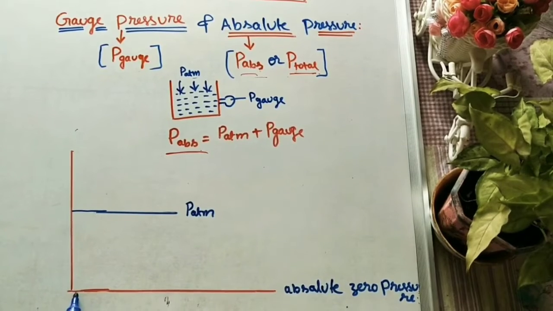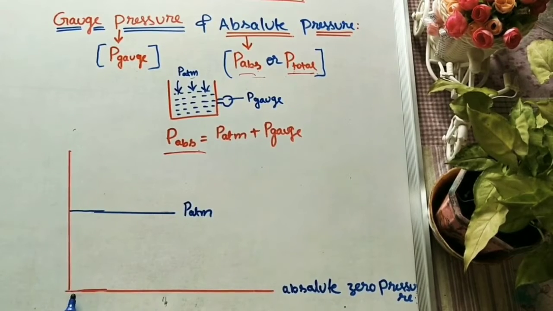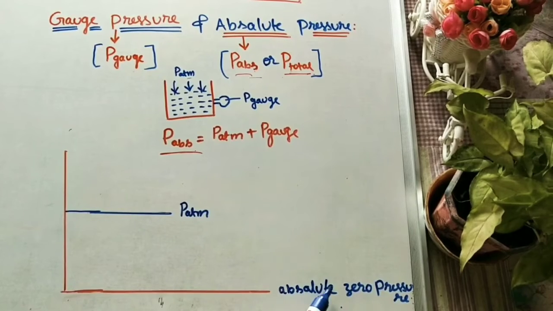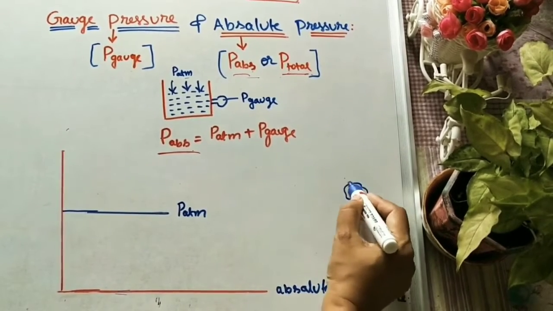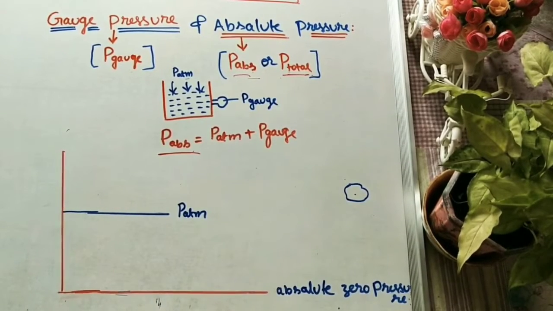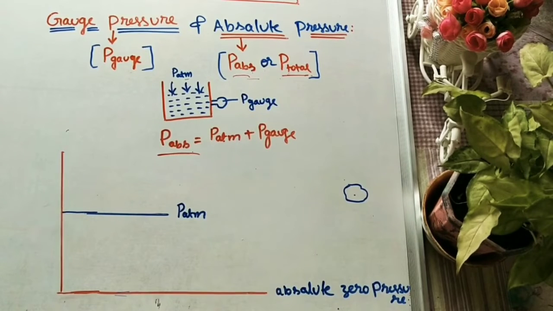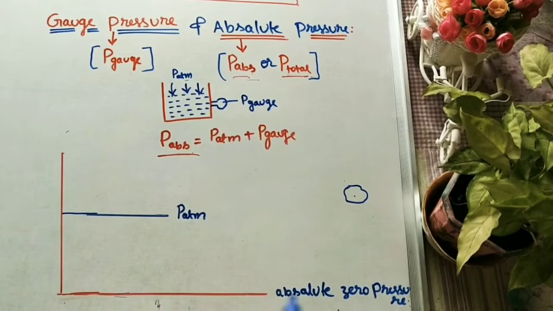Let us first draw one reference line. In a graph also we draw a zero x-axis line and a zero y-axis line, like that. So here I took one reference line. It is called absolute zero pressure. Whatever pressure is on this line, it is the zero pressure. Below this zero pressure, no substance is available. Whatever substance we are taking, its pressure is above this absolute zero pressure, the absolute perfect zero. Below this, no pressure will be available, that is, no substance is available below this pressure. Here I am taking the zero pressure line, or we can call it absolute zero pressure.